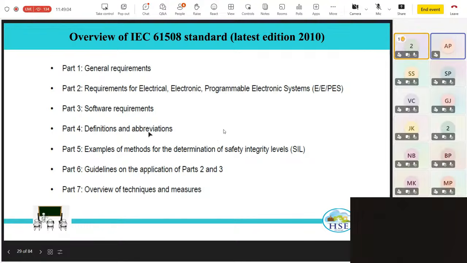Now this IEC 61508 standard has 7 parts. Let me explain what these 7 parts are. Okay. There are subsequent revisions of the standard, and the latest, the 2010 edition published by IEC, has 7 parts. The first part defines the general requirements of the functional safety standard. Then the second part is requirements for electrical, electronic, and programmable electronic systems. It is very commonly called in the industry E/E/PE,